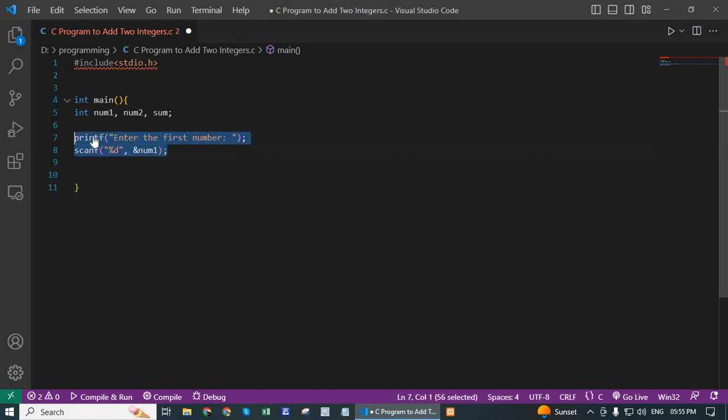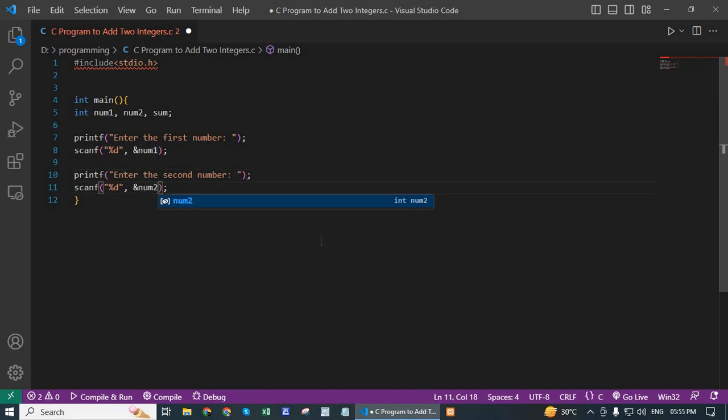Copy this line and paste here. Change the second number and variable is num2. Now write addition formula. sum = num1 + num2;